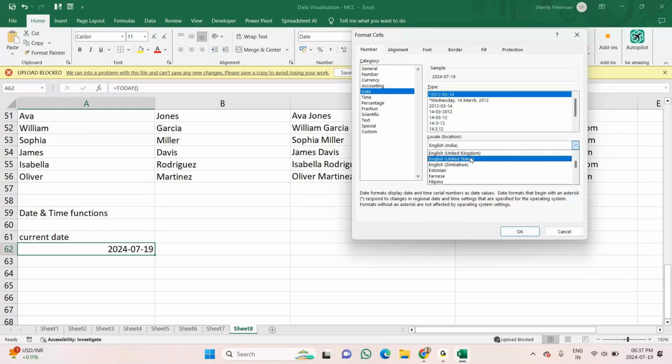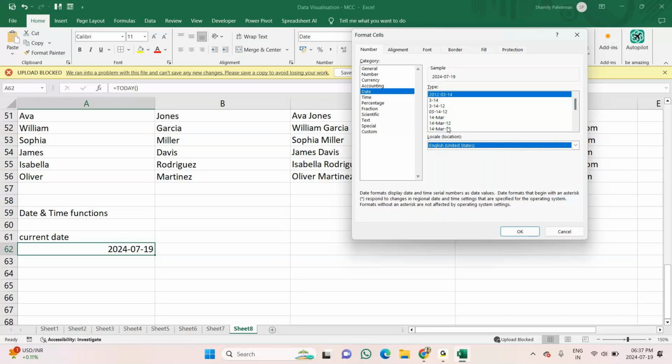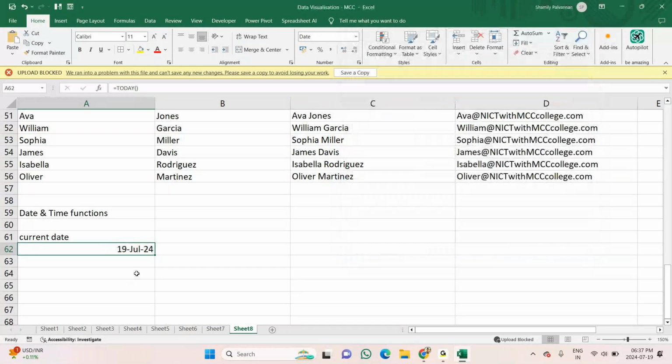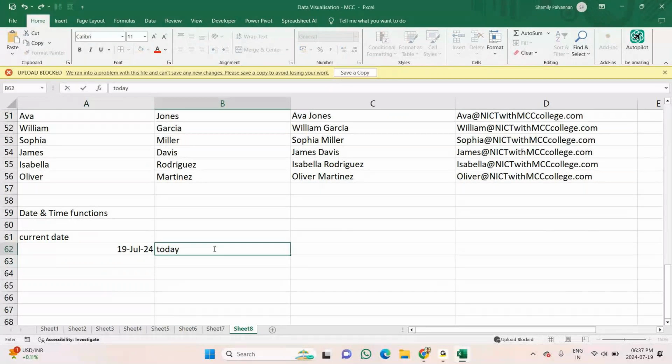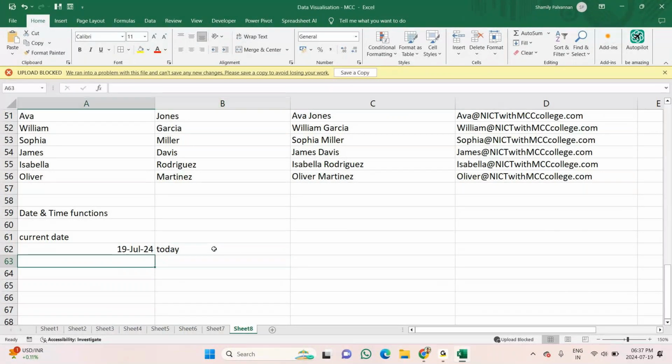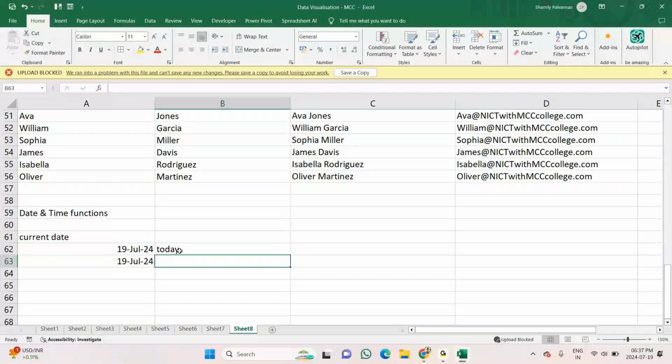So I'll convert this into this format. Now we will understand this. In this case I am using a function here, TODAY. The shortcut key for the date is Control semicolon. So I'm giving here the shortcut key Control plus semicolon.